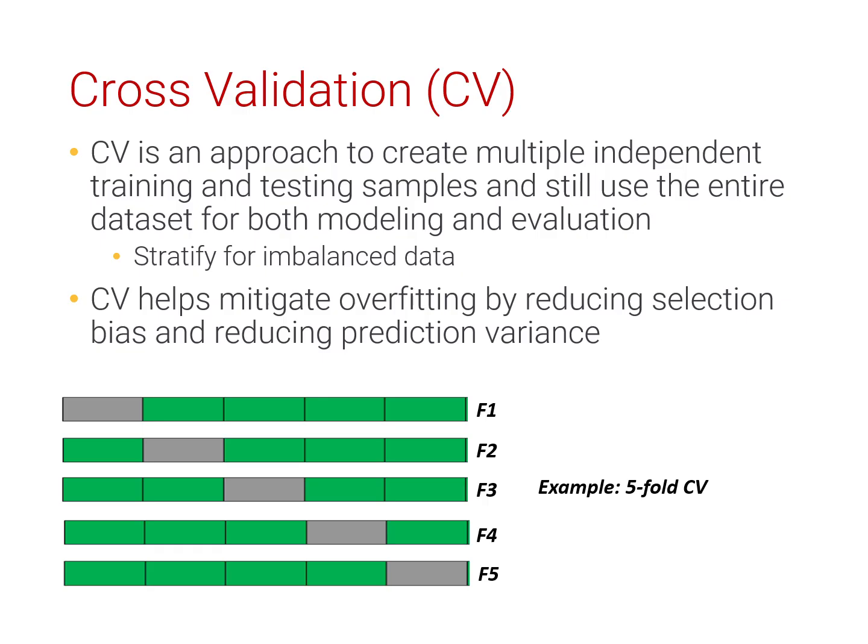This process is repeated multiple times, with each fold taking its turn as the testing set. By doing so, cross-validation ensures that every instance in the dataset has an opportunity to be part of both the training and testing process. One of the key advantages of cross-validation is its ability to mitigate overfitting, a common pitfall in machine learning where a model becomes too specialized to the training data and fails to generalize well to new unseen instances. By creating multiple independent training and testing samples, cross-validation reduces selection bias and helps assess the model's performance